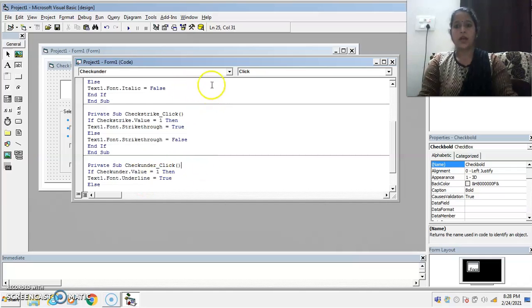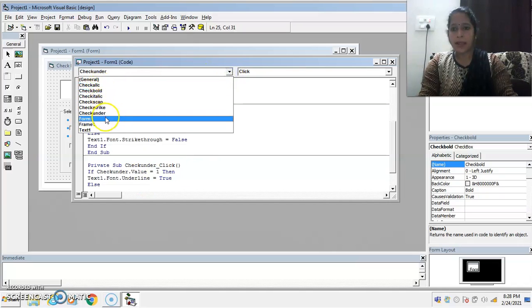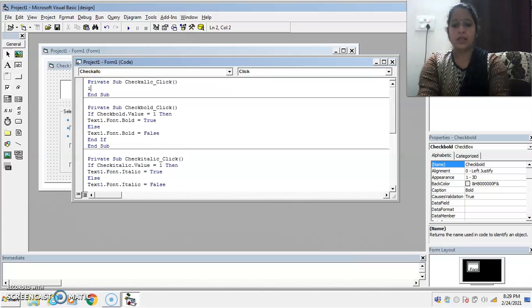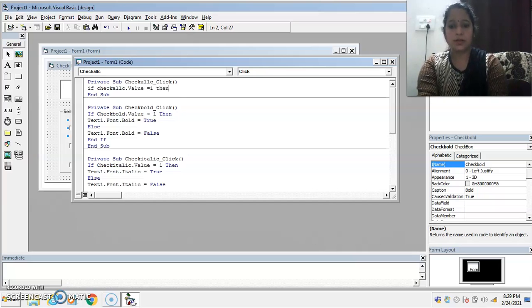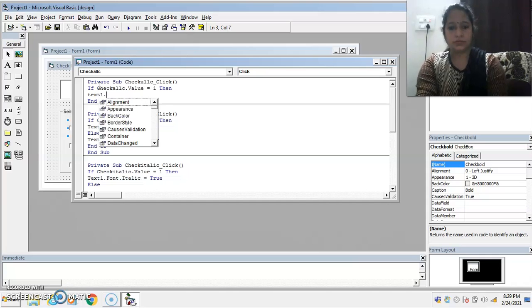Now write down the coding for all caps and small caps. If check all C dot value is equal to 1, then Text1 dot text.